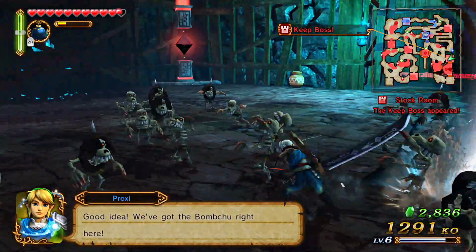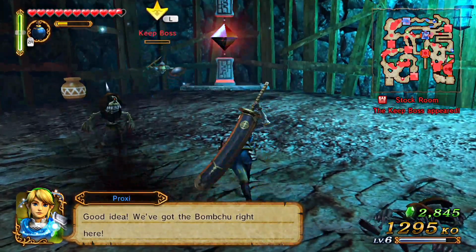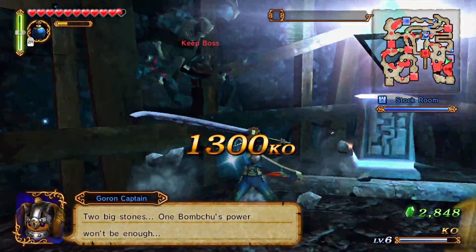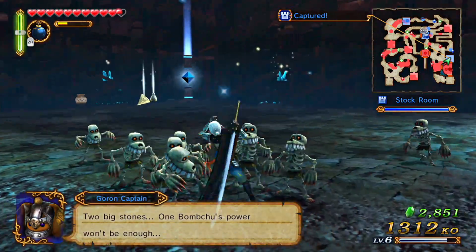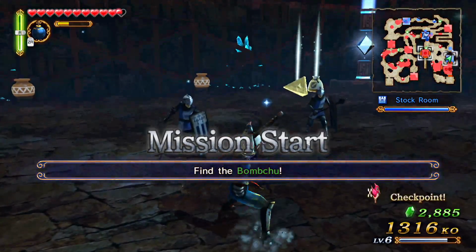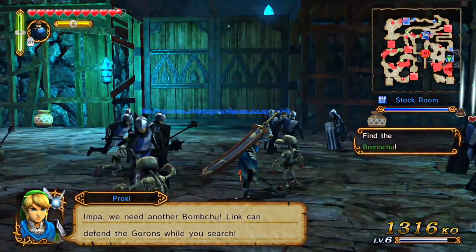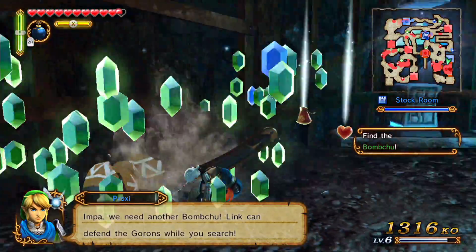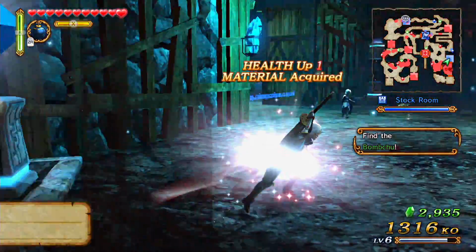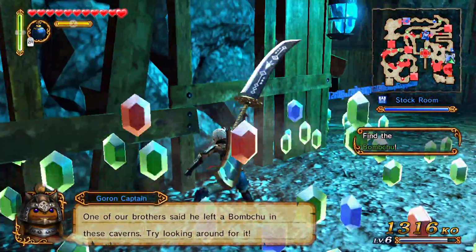Because I'm pretty sure it's not going to be in this keep after I take it over, because usually you can see it even if the enemy controls the keep. But yeah, it does not look like there's any bomb shoe here, so we're still gonna have to take over another keep to actually find it. And I'm pretty sure the keep that we need to take over is the one that is blinking in the center of our map. But real quick, let me just actually collect all these rupees and materials,